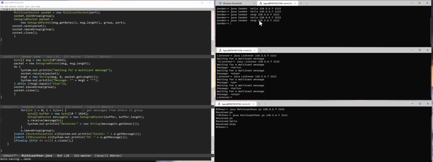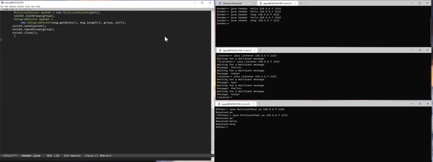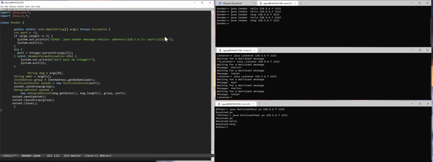Again, maybe perhaps some limited applications for which this makes sense, but very interesting functionality that you can conceive, and certainly more efficient than us taking the sender and having the sender trying to manage individual sockets, right? At this point, think of what the sender would have to do if I go back to this code right here and make it larger. Right now the sender is just sending out a particular address. It's fire and forgetting, it doesn't have to worry about it. If I had multiple clients that wanted to connect to the sender to get individual socket connections to receive the message that it's sending, then